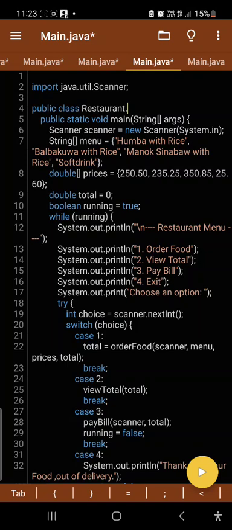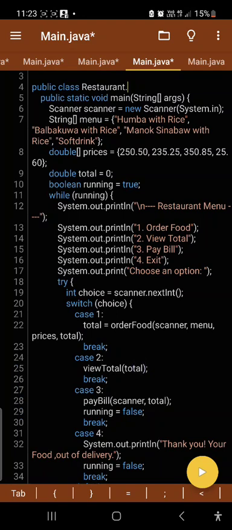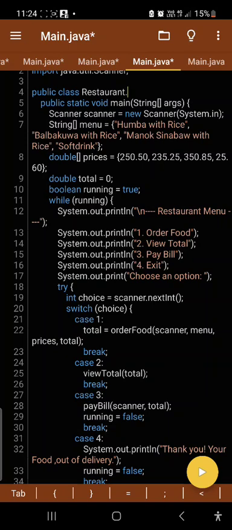The program displays a menu with options to order food, view total cost, and pay bill, or exit. The order food method allows the user to select items from the menu and add them to their order.